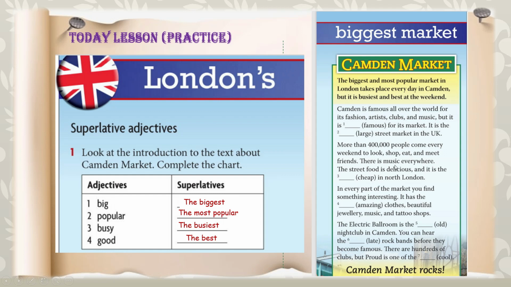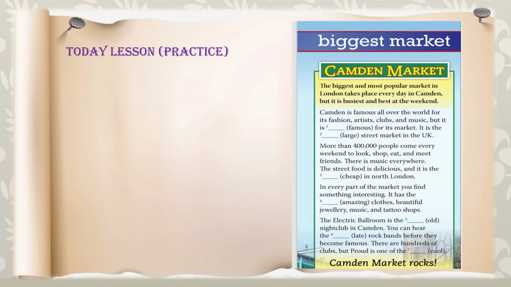There's music everywhere. The street food is delicious, and it is the best in North London. In every part of the market, you find something interesting. It has clothes, beautiful jewelry, music, and tattoo shops. The Electric Ballroom is the nightclub in Camden. You can hear rock bands before they became famous. There are hundreds of clubs, but Proud is one of the best in Camden's market. So after scanning through the text together,